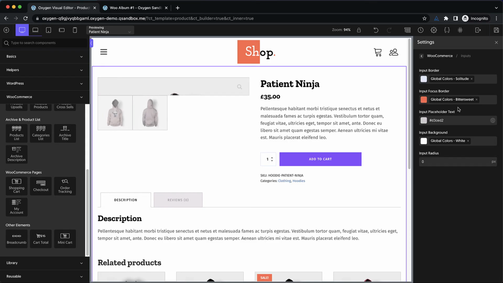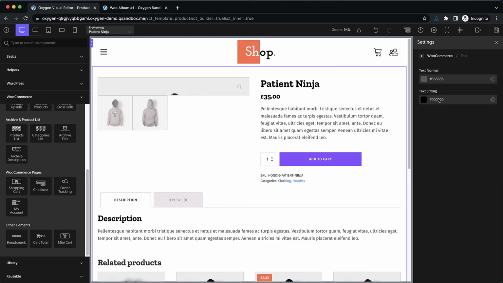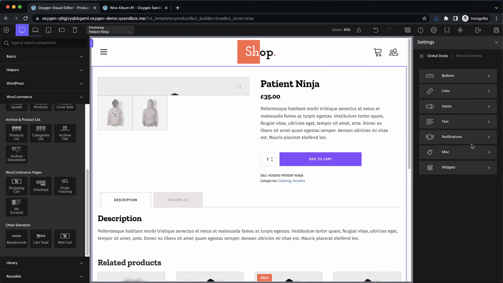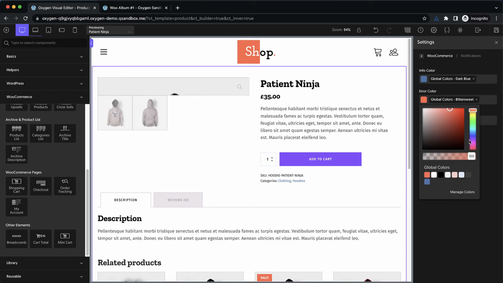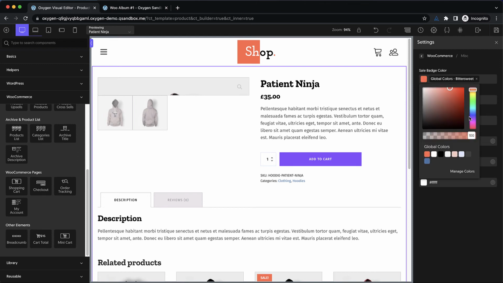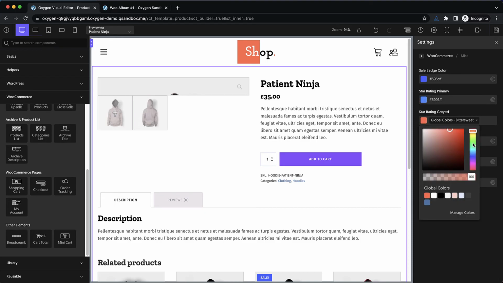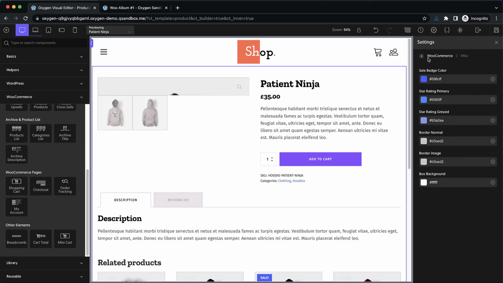And let's see what we have for inputs. Input focus border, let's adjust that. Text, that looks good. Notifications, this one will change. And then let's take a look at miscellaneous. We have some badges here we want to adjust. Star rating. And the grayed out star rating. This one we might want to desaturate a bit. And then finally, we have our widgets, which just have some size, font weight, and font family selections. So if we save that,